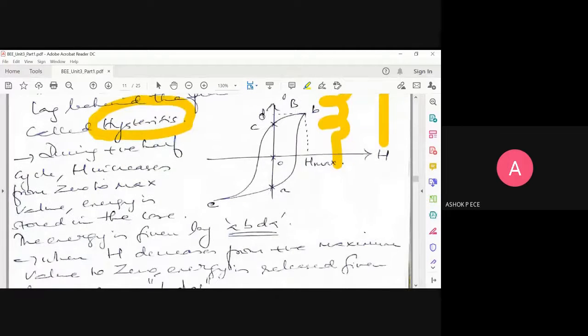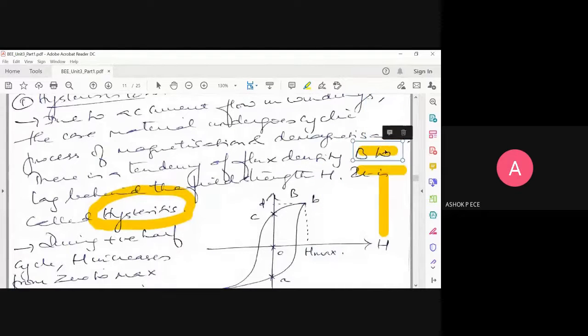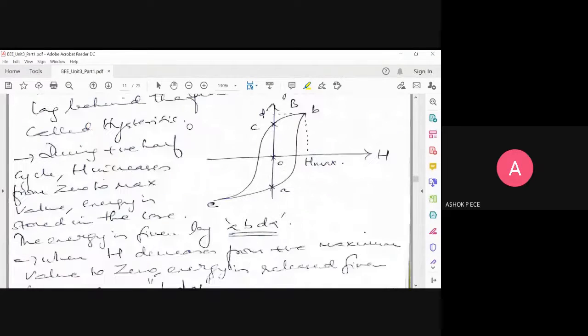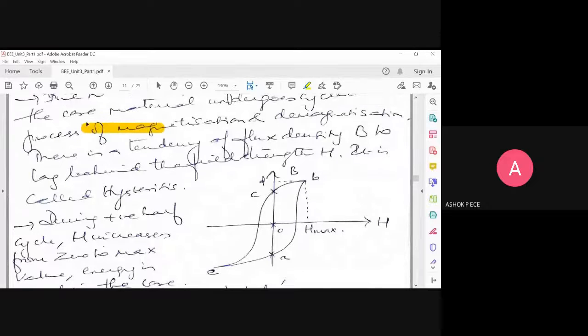So if you can see this, I have drawn a diagram here. I will be explaining hysteresis with the diagram. Just listen carefully to it. You can explain how hysteresis is present physically inside a transformer. So during the positive half cycle, the magnetic field will increase from 0 to maximum value. So it will attain a maximum value. I told you, during a sine wave positive half cycle, the magnetic field will be increasing from 0, attaining a maximum value.